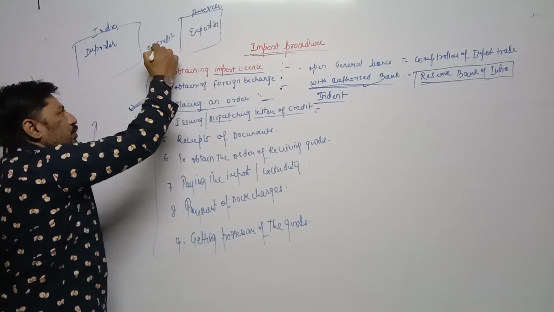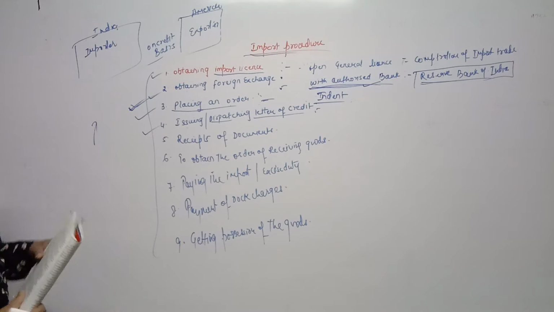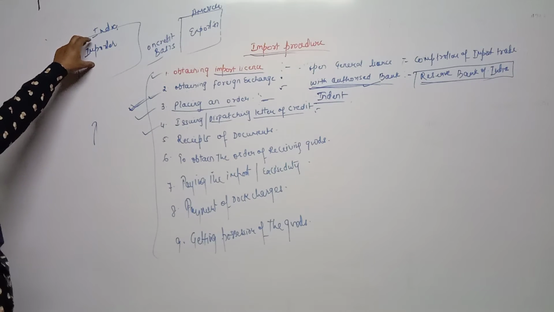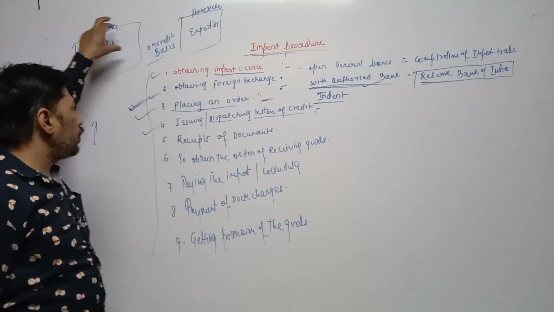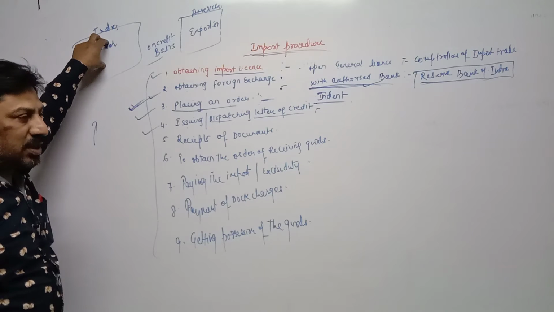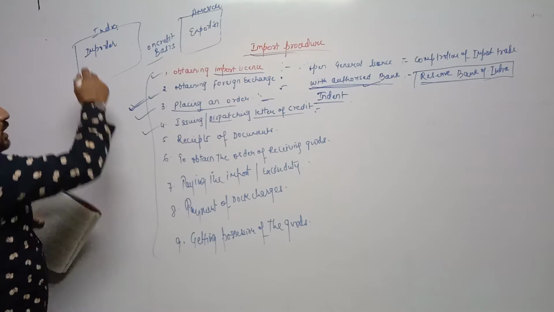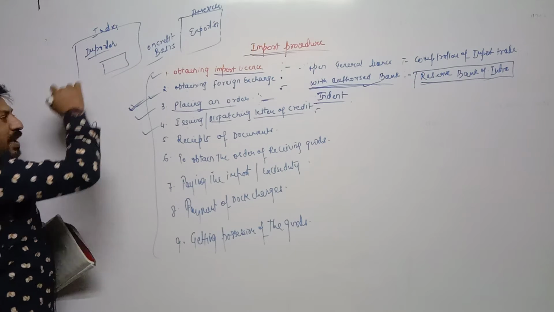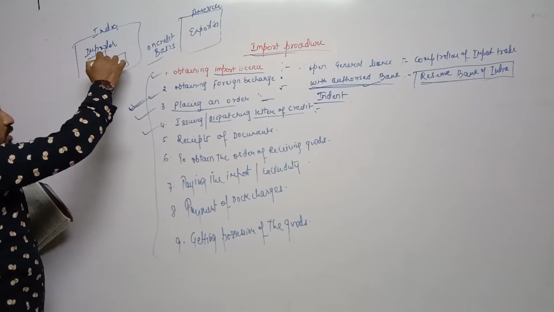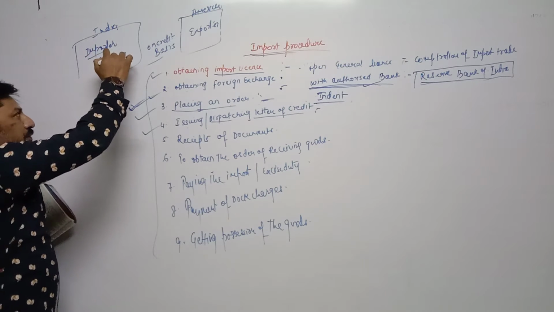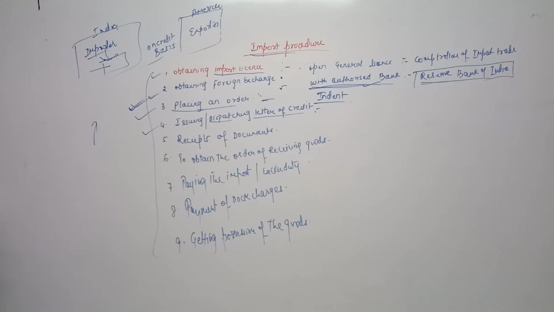On credit basis means udhar. On credit basis. So first of all, this importer has to show his financial position to this exporter. Now, how is he able to show his financial position, financial soundness, to this exporter? First of all, the importer will approach his bank where he is operating his account. From that bank, he demands a letter of credit.